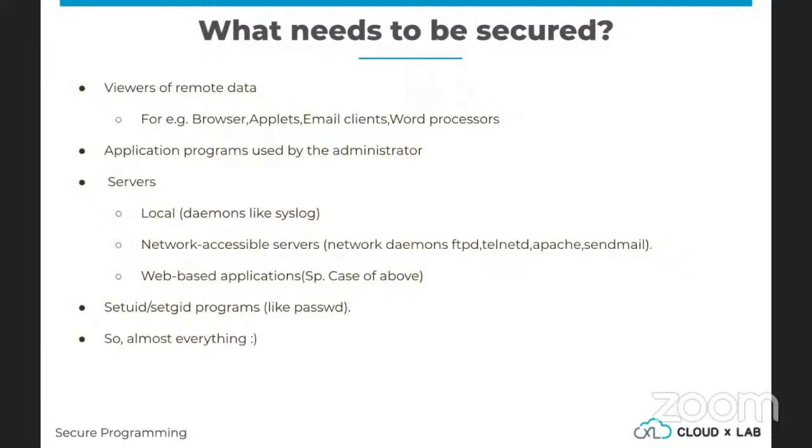But if you look closely, almost everything needs to be secure.